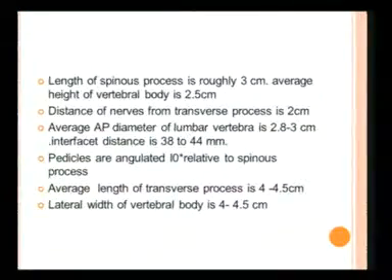That's what I have summarized here. The length of the spinous process is roughly 3 centimeters. So in a thin patient, once we palpate the spinous process, we should get stimulation at not less than 4 centimeter. But in an obese patient, where we are not able to palpate the spinous process, the subcutaneous thickness can be anywhere between 2 to 3 centimeter, and we have to judge accordingly. But the distance between the transverse process and the plexus is almost constant, about 2 centimeter. So once you hit the bone, that is the transverse process, within 2 centimeter you should be getting the plexus.